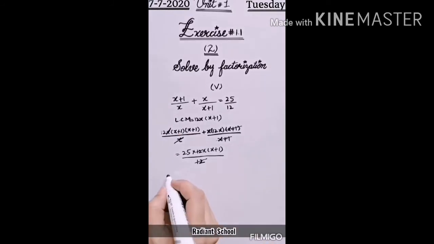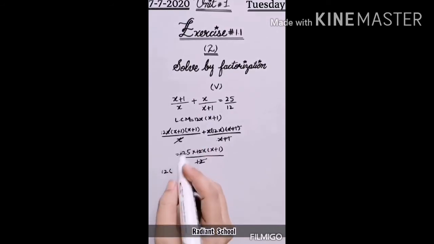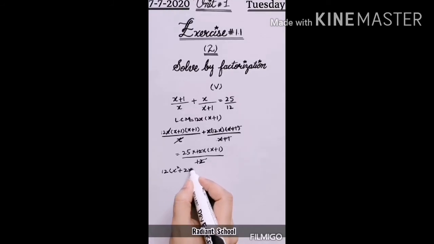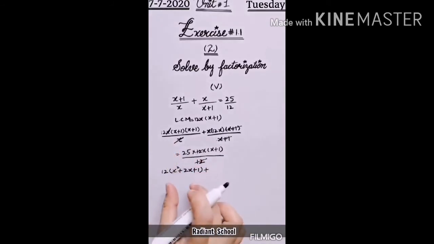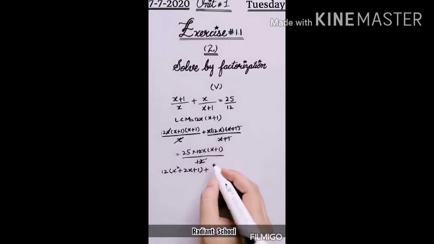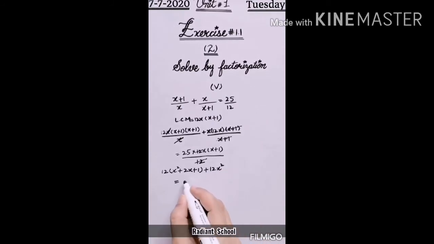Okay, now we will write the remaining terms. 12 times x plus 1 will become x plus 1 whole square. We will multiply two brackets: a square plus 2ab plus b square. We will multiply these two brackets and I have written the answer. 12x square is equal to 25x. We will multiply with x, it will become 25x square. 25x, when we multiply with 1, it will become plus 25.